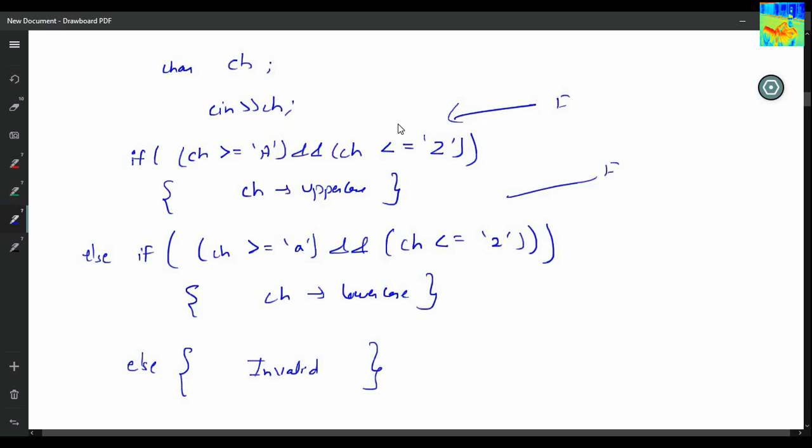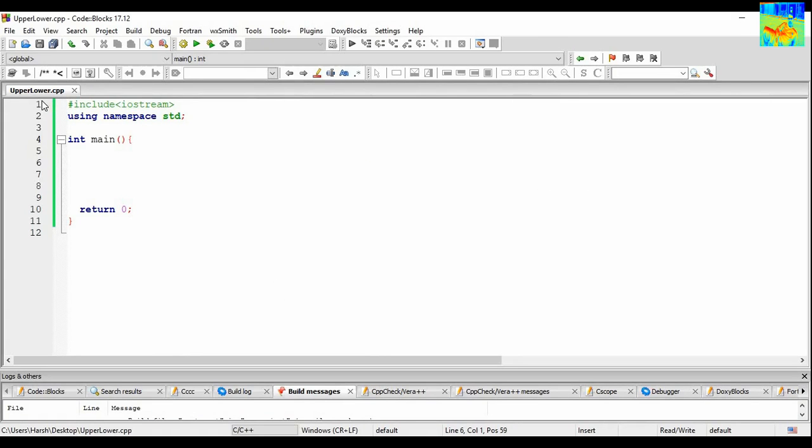So let's write code. I have already made a file upper-lower.cpp, and now I will take a character ch, and the value of ch will be given by the user. Now I just have to write if else.